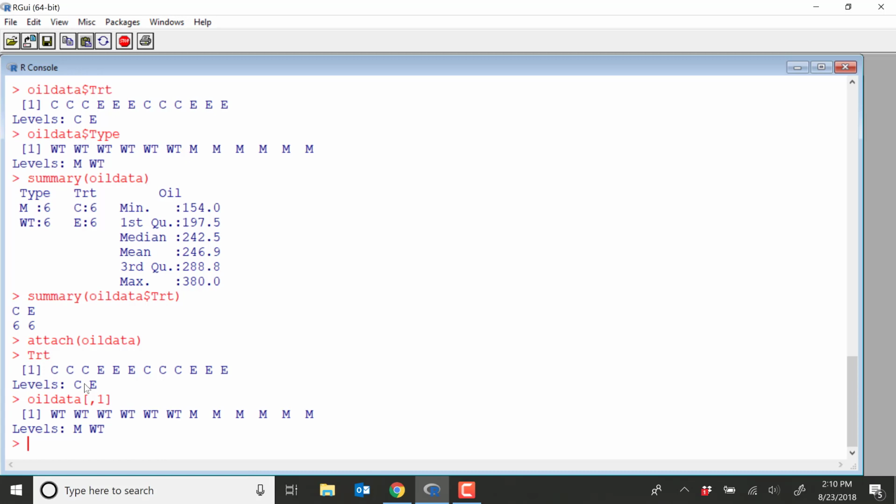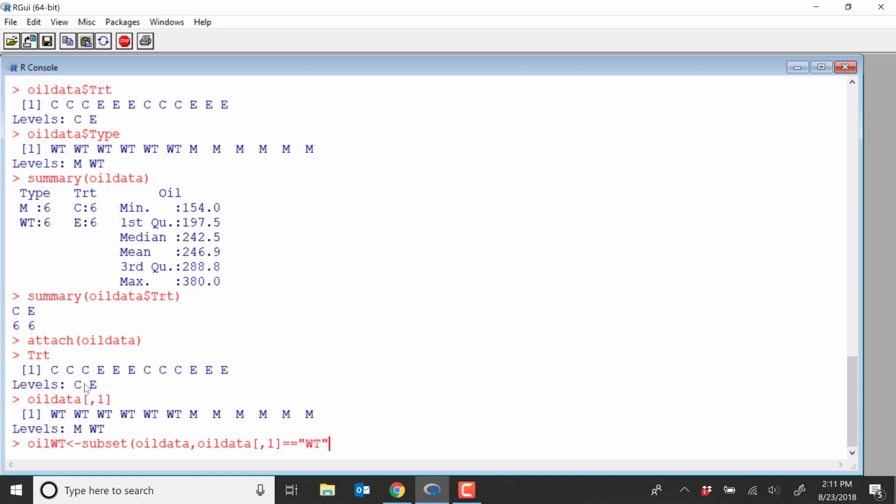All right, so now let's say that you want to only work with a subset of your data. Well, one easy way to do that is to use the subset function. So let's say that I want to only refer to the rows of my data set such that the type column has WT in it. So I want to just name a new object, and I'm just going to call it oil WT. That's just the name that I'm going to use. I'm going to use my less than dash, and I'm going to use the subset function. So if I type subset, it's going to first want to know, what do I want to subset? Well, I want to subset my oil data object. And then I have to tell it what I want to subset on. So I want it to subset on the first column of oil data